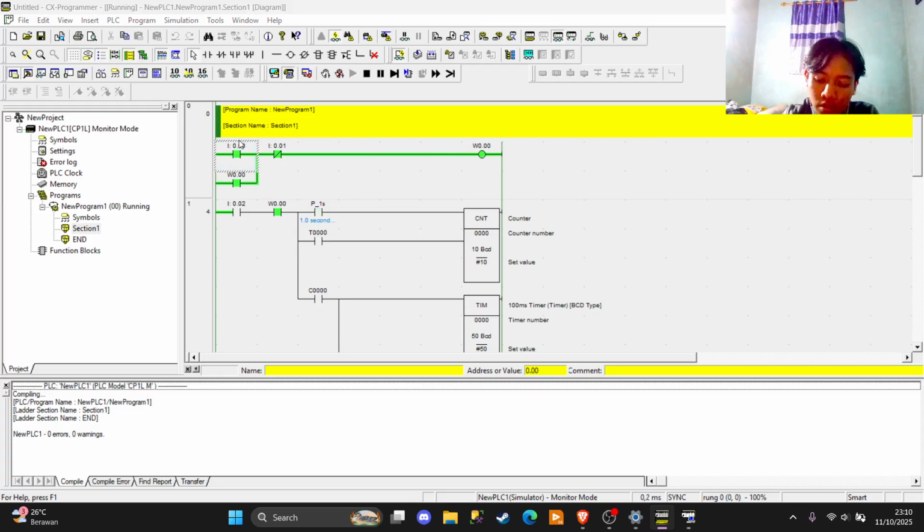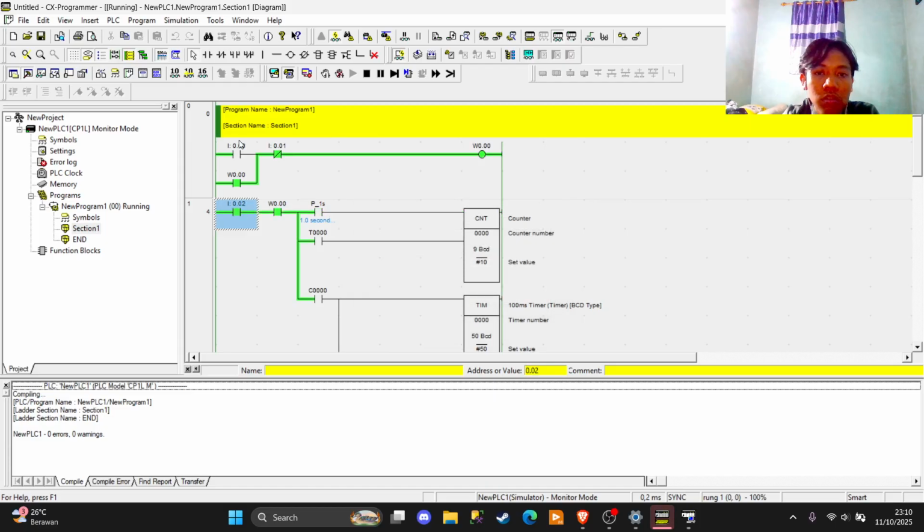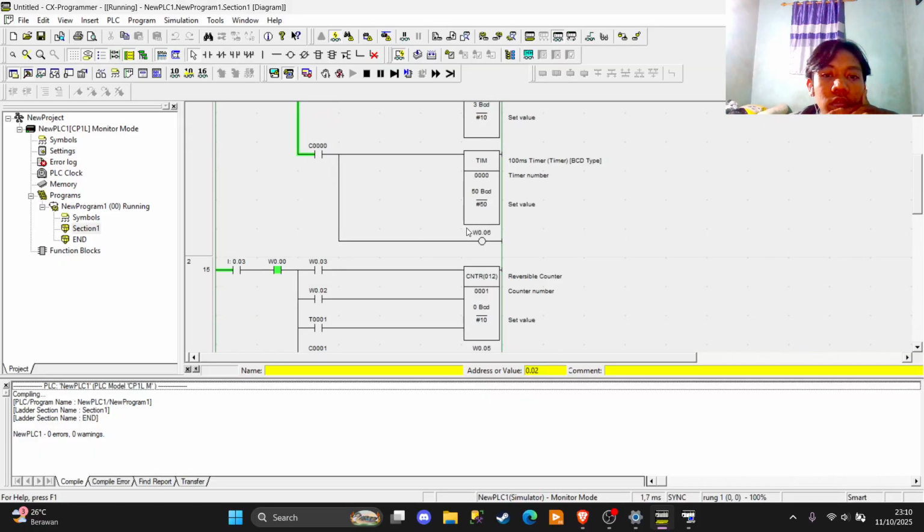We're gonna turn this off first, and then push button one. You can see here the counting from 10 to 1. After that, the output will turn on for at least 50 milliseconds. You can see here.